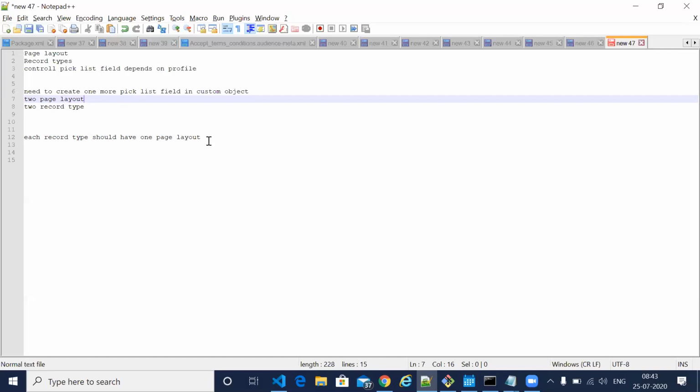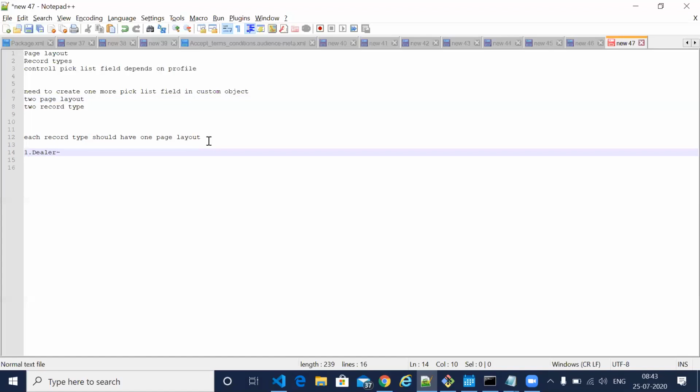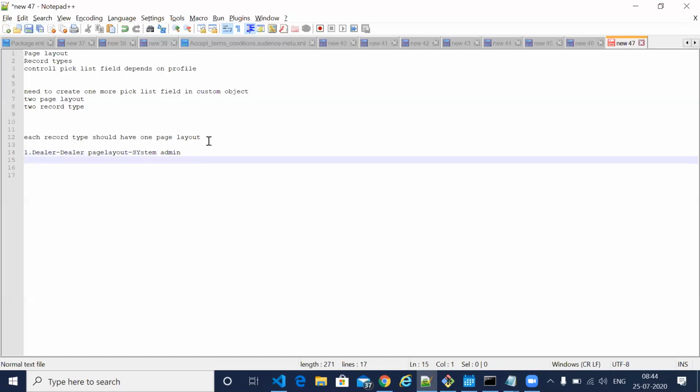Let's say first you have a dealer record type. You can create one page layout called dealer page layout and assign it for system administrator, because we are system admins. And for the second one, if it's like sales, you must by default have one page layout.